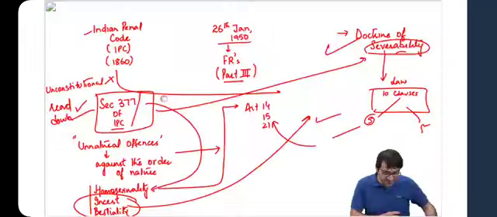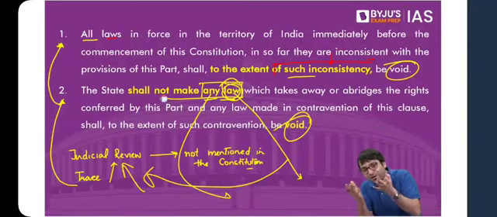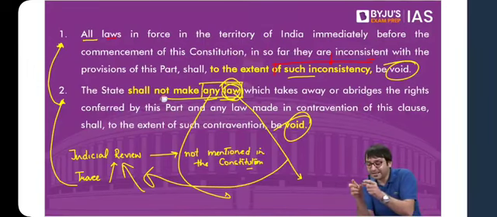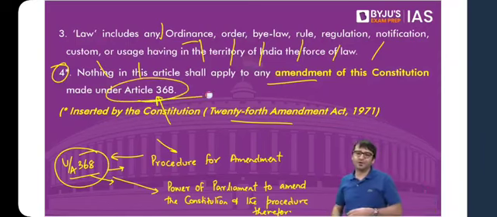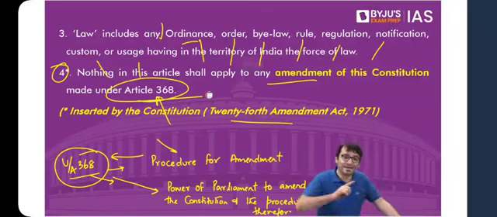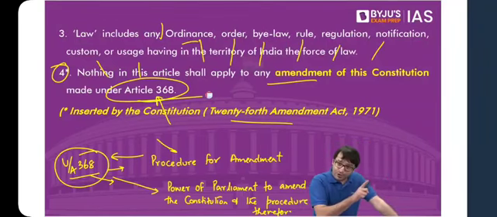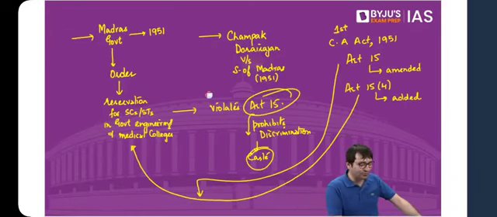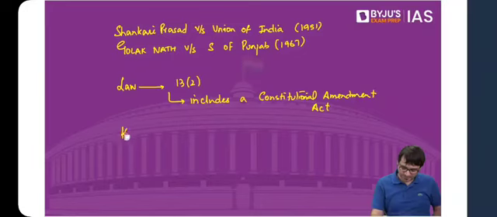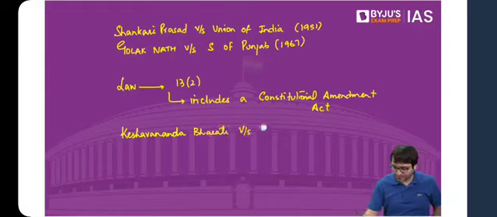Nothing in this article, because in this article it is mentioned that Parliament cannot make any law to delete, modify, abridge a fundamental right. This will not apply. This restriction will not apply to the law made by the Parliament under Article 368, to the amendment of the Constitution made under Article 368. That means through a Constitutional Amendment Act, Parliament can delete, modify, abridge a fundamental right, not through an ordinary law, but through a Constitutional Amendment Act. Even this was challenged before the court in a famous case, which we will discuss in great detail next week, Keshavananda Bharti versus State of Kerala,